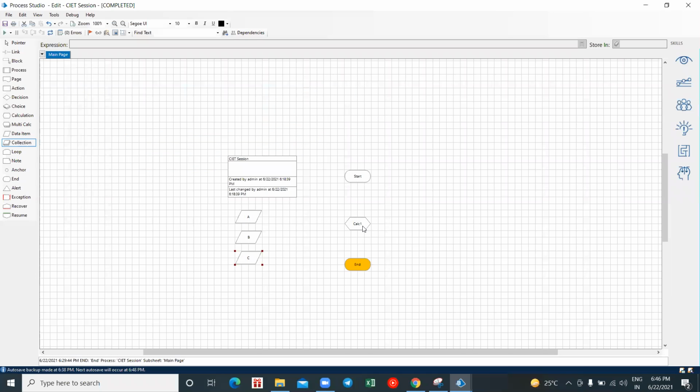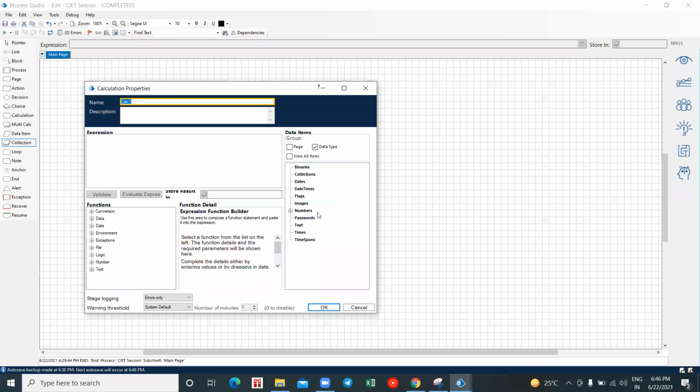Now what I plan to do is add both numbers, right? Let's go to this number data type, drag my A to this expression. And as I wanted to add, I give the plus symbol there. And then I want to add B there, drag your B. And this addition outcome should be stored in my C data item, so I am dragging the C data item to my store result.